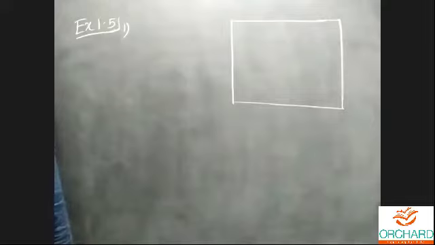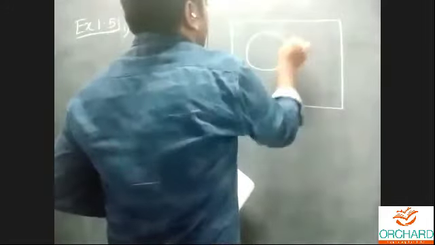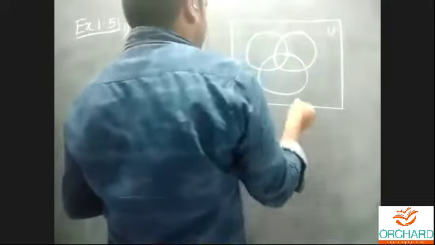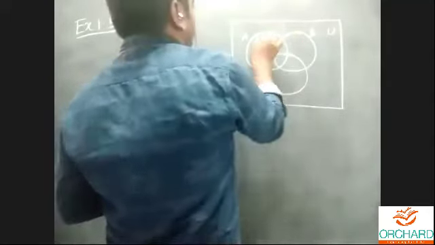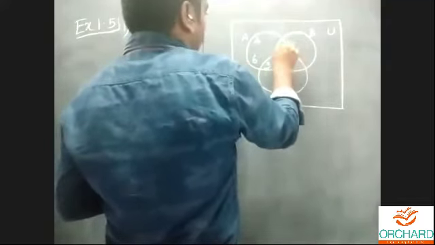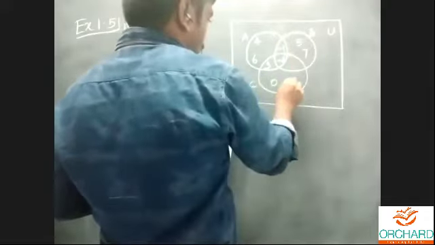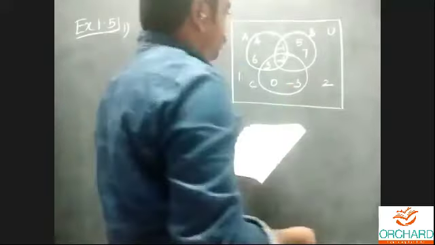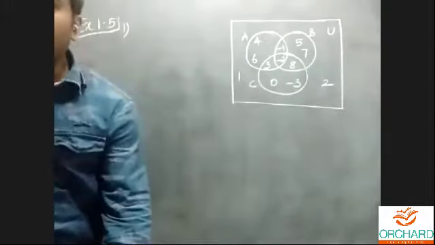The Venn diagram includes three sets, set A, set B, and set C, with the universal set U. Now we'll write the elements. This is A, this is B, and this is C. The elements of set A are 4, 6, 3, -2, and -1. Then 5, 7, 0, -3. In the universal set, write 1 and 2, 5 on, and here it is 8. These are the elements for the Venn diagram.